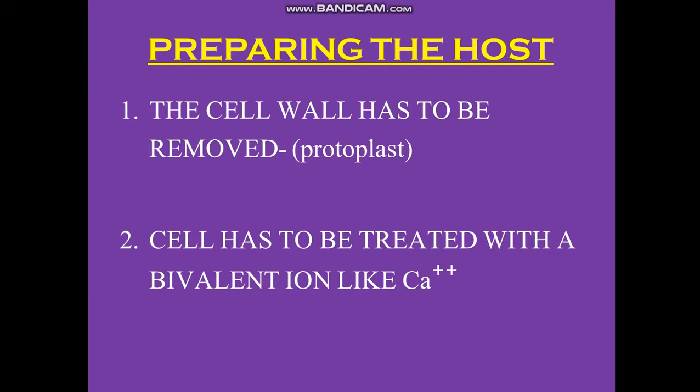We keep the cells in a beaker with ice and transfer them to a beaker having hot water at 42 degrees centigrade, then move them back to the ice and again back to the hot water. Repeating this whole process of shifting from one temperature to another 3-4 times gives a shock treatment to the host.